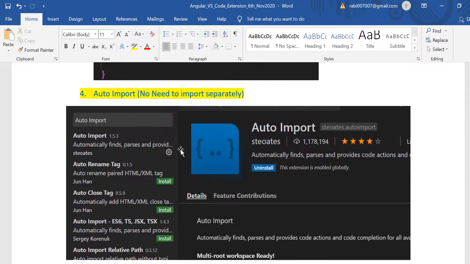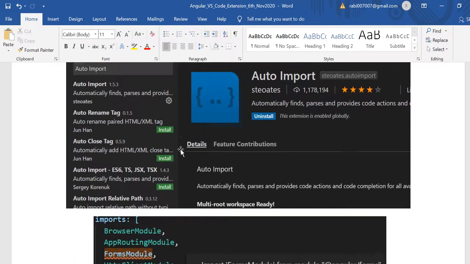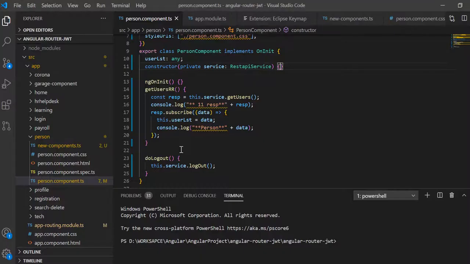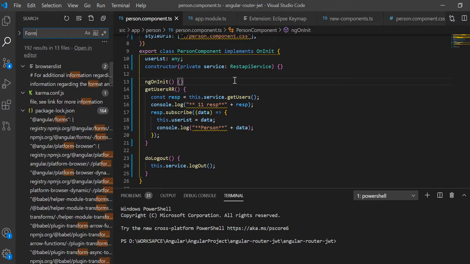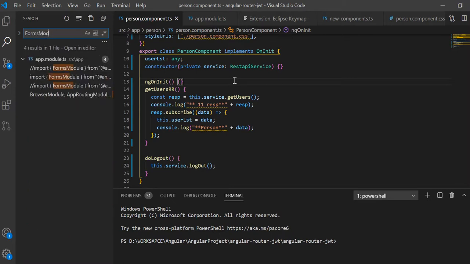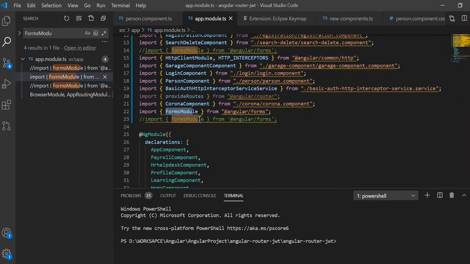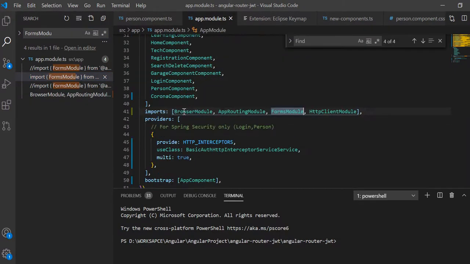Next thing is auto import. Say, let me search forms module, wherever forms module is. So here I have forms module, right?